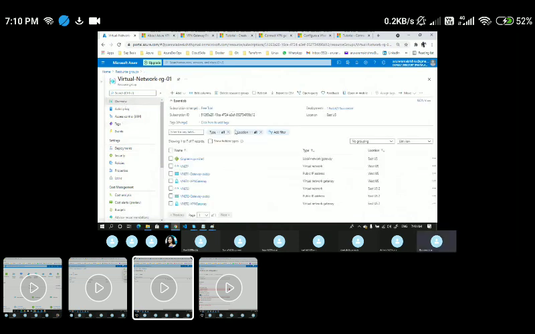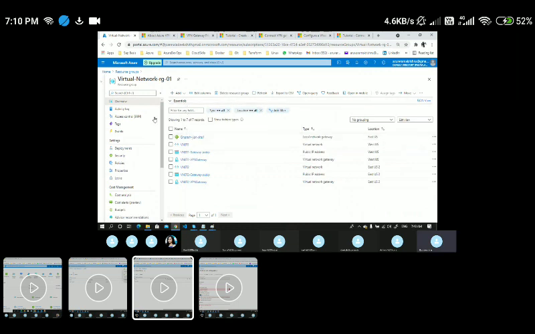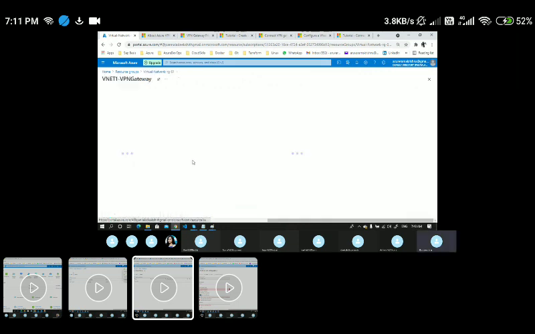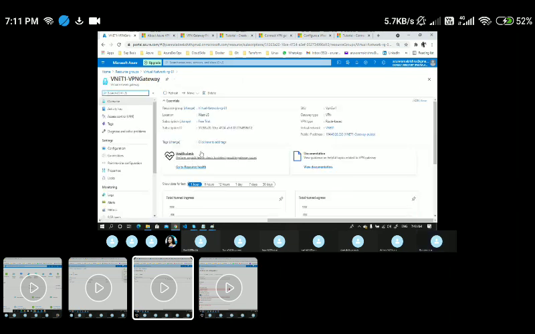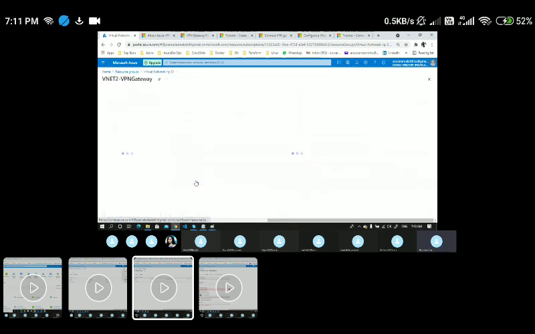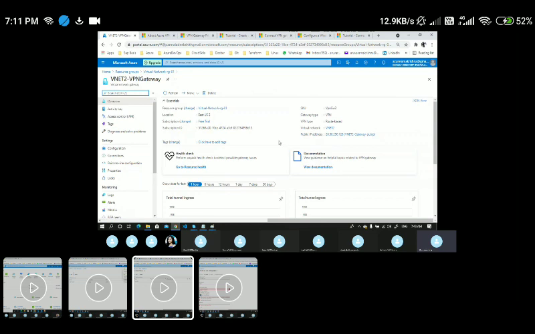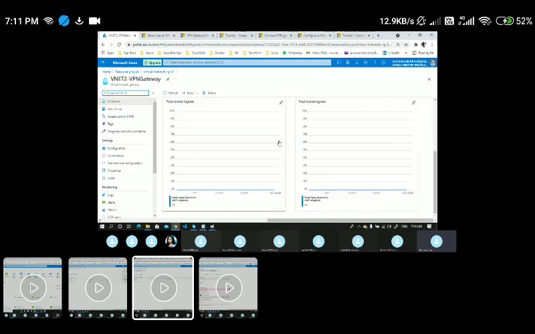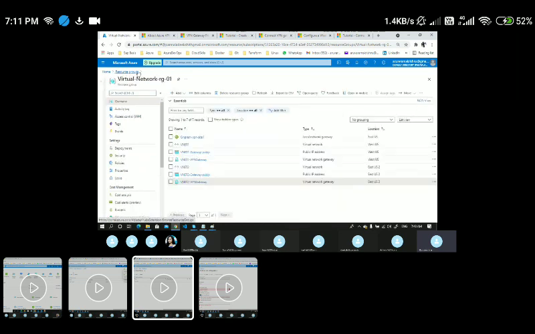Going to the overview, I can see both VPN gateways are created. This is my VPN gateway 1, and here you could see it is already created. If I come back to my VPN gateway 2, yes, this is also created. Nice. So let me go ahead and establish the connectivity now.